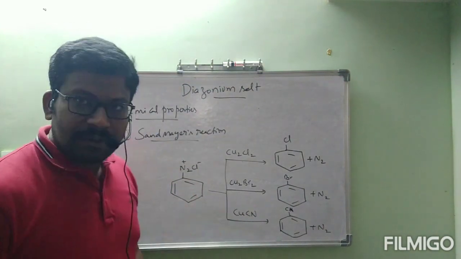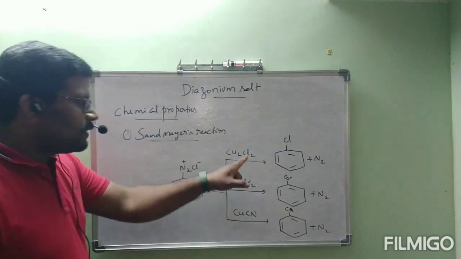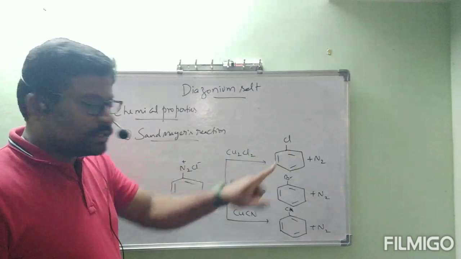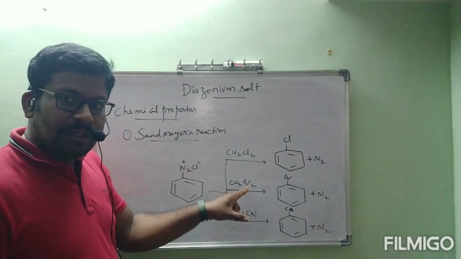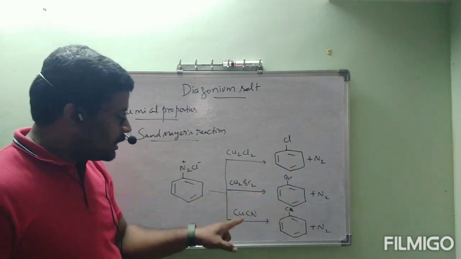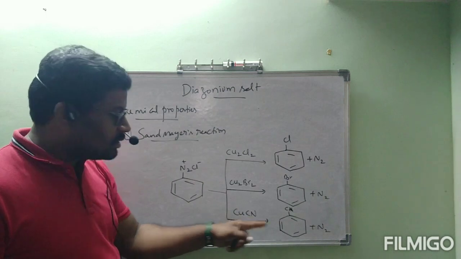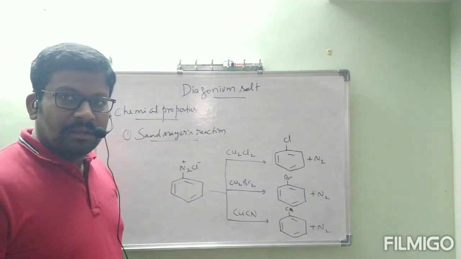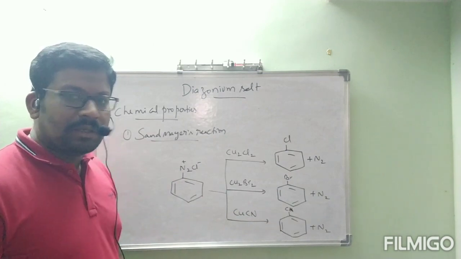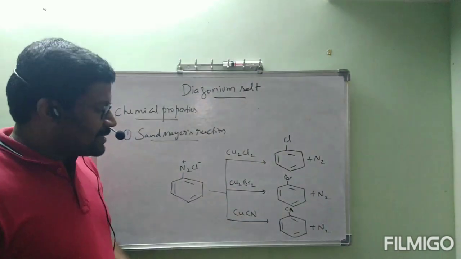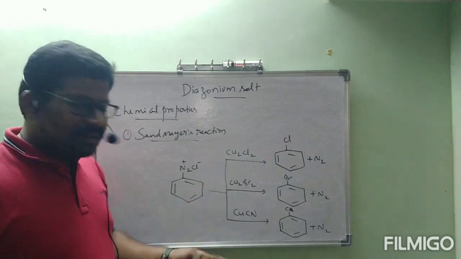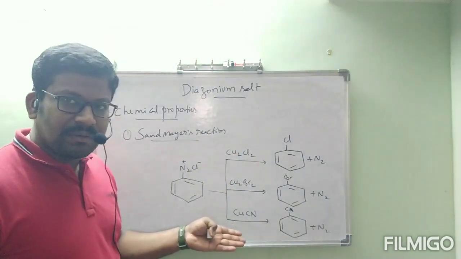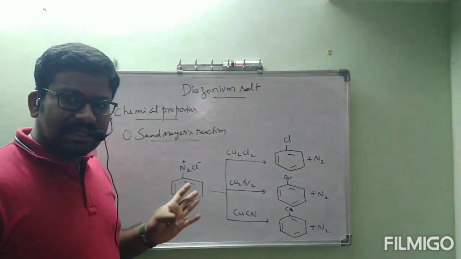No problem, I think you are able to see. Now here what is the group present? Cl. So we got chlorobenzene. Here what is the group we have? Bromine. So we got bromobenzene. Here what is the group we have? Cyanide. So we got cyanobenzene, benzonitrile. These three are actually the same reagent type. This is also like Cu2(CN)2. No problem, they wrote simply CuCN. Very easy reactions these are all.